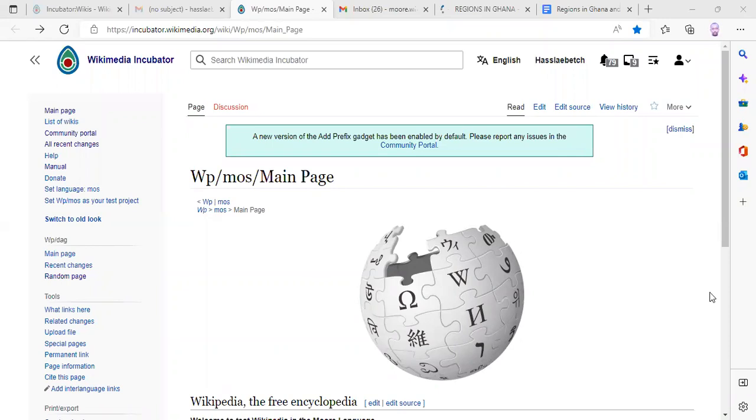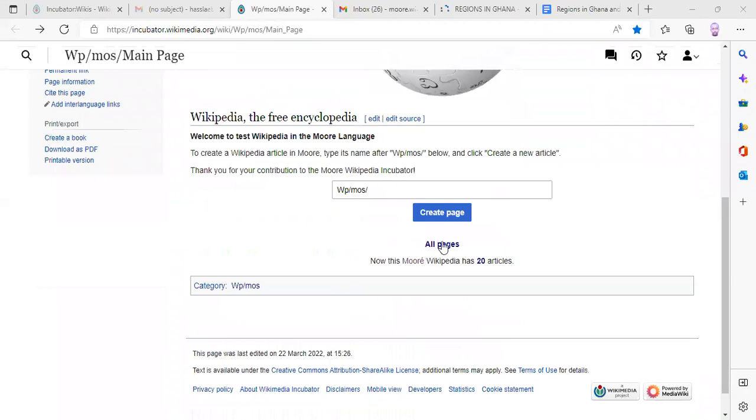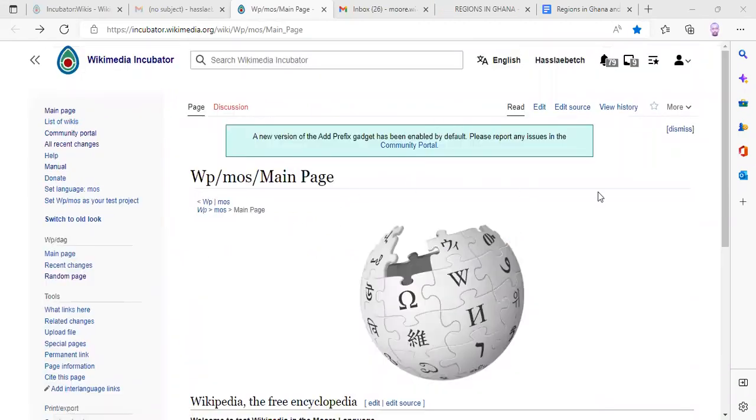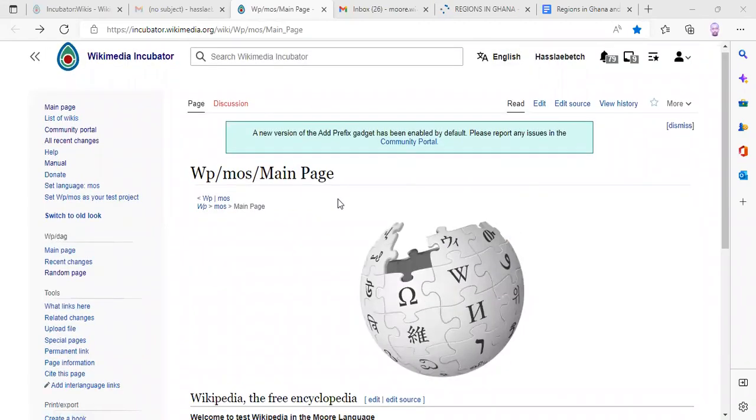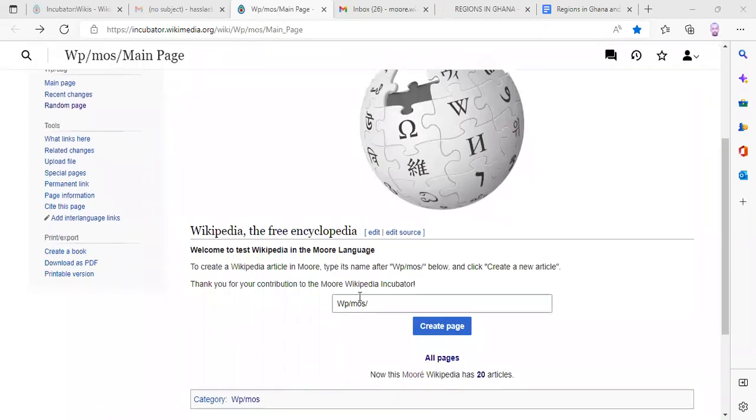Now you have to create your article. To create an article, there are two ways of doing it, but I'll encourage you to use one of the ways. The first way is that when you open your page, the link I have sent to you, you come down there, you see WP slash mos slash.